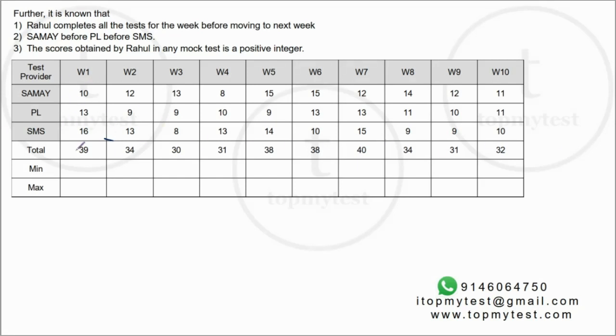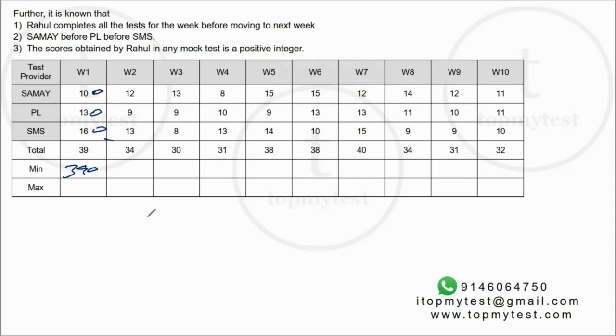Okay, now how to find the, let me find the total first. Okay, so this can be 10, this can be 130. The minimum will be 10, 13, 16. So it can be from 100 to 109, 130 to 139, 160 to 169. So the minimum total will be 100 plus 130 plus 160. That's 390. That will be the minimum.